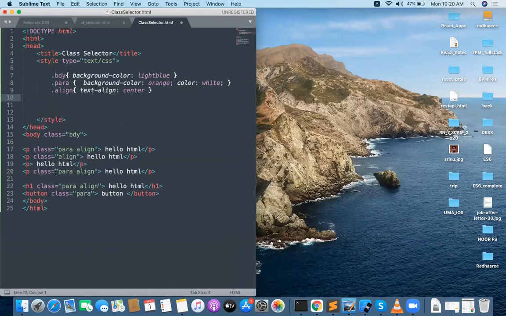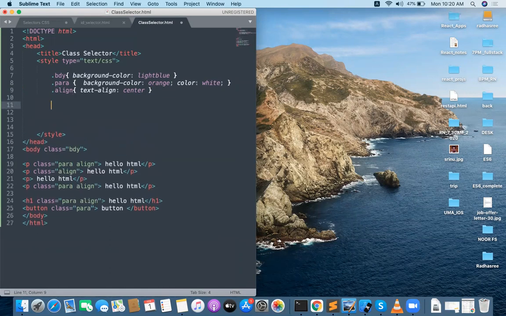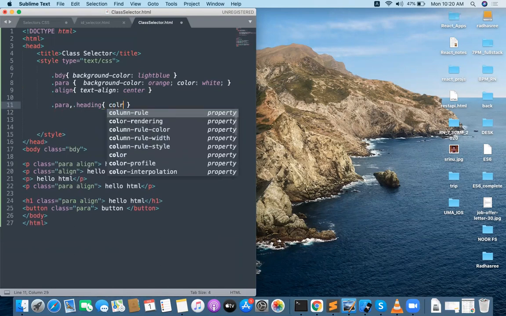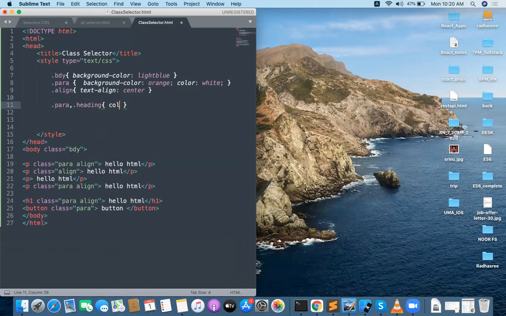What I want to do is dot para and dot heading. Dot para comma dot heading. Two classes I can represent at the same time, and the color should be red.